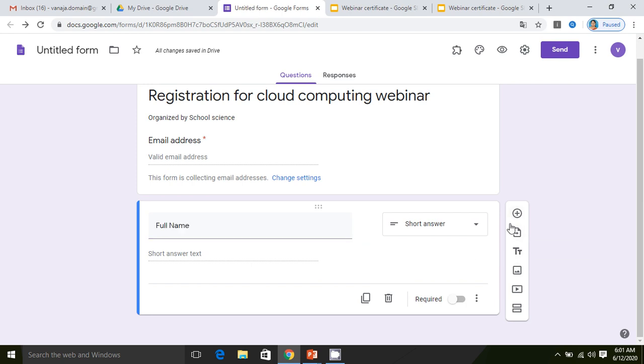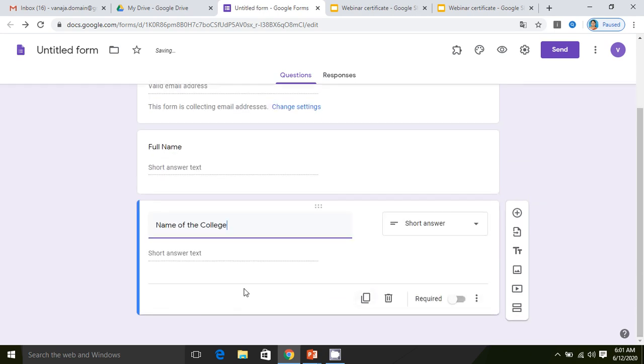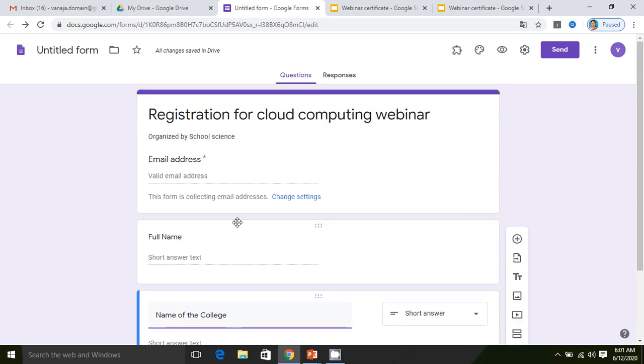Then I wanted another piece of information, the college name. So let me write the name of the college. Okay, so the name of the college I wanted as a short answer. Further information like contact number, interested area, all that you can always collect. Okay, now I wanted email address, full name and name of the college.